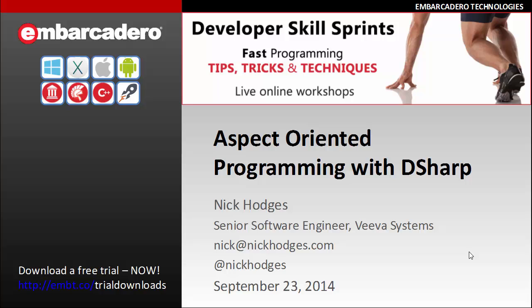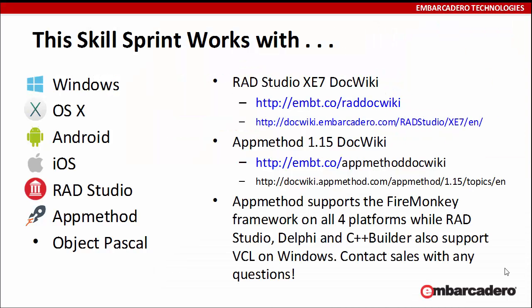I'm Nick Hodges, Senior Software Engineer at Viva Systems, and today I'm going to be talking to you about aspect-oriented programming with D#. This skill sprint works with just about everything inside of RAD Studio and App Method. The only thing I'm holding off on is the C++. This is a purely Object Pascal sprint, but otherwise it should work with Windows, OS X, Android, iOS, throughout RAD